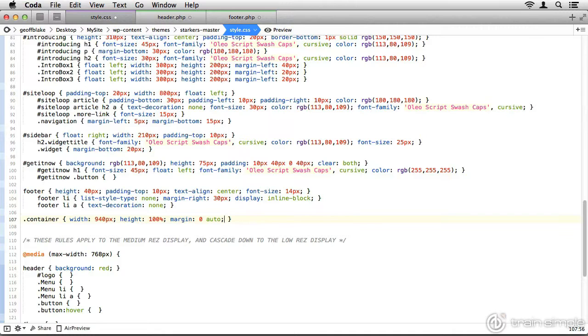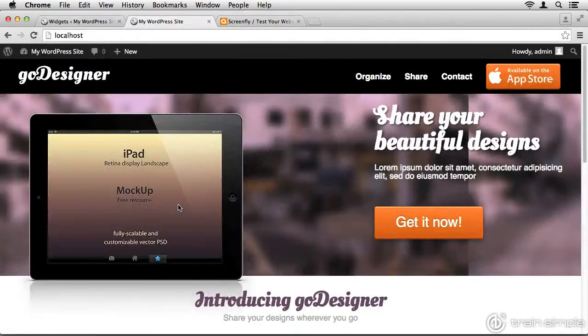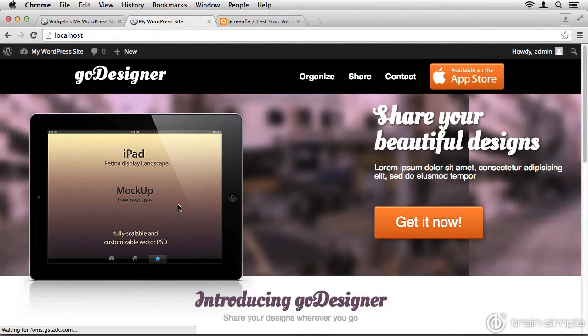When I save up my work, head back to my browser and refresh, what happens is the content that sits inside the header, namely the logo, the menu, and the call to action button, are now centered inside the header area of our layout. Perfect. The header itself is going to span right across the entire width of the web browser.